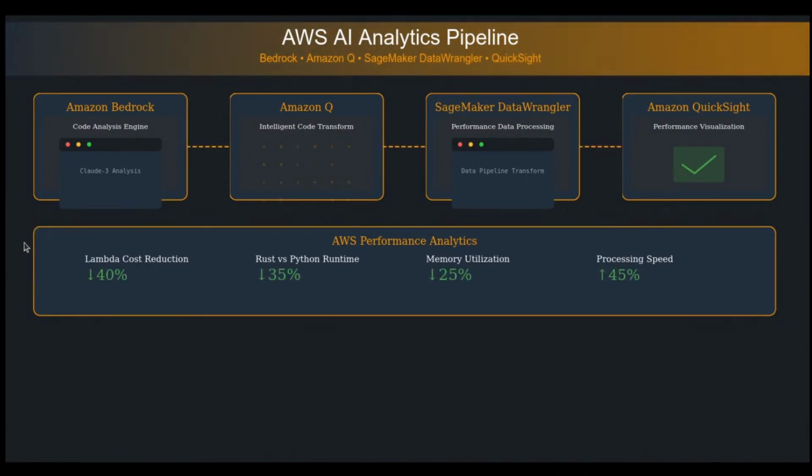So the key takeaways are that AI enhances traditional workflows. It's an end-to-end optimization as well, because it integrates the AI services and lets us analyze, transform, and visualize. And then the visualization lets us take action. So for example, using QuickSight to communicate insights and decision-making. And then finally, with cost and performance, we can lead these insights into cost savings and performance enhancements.